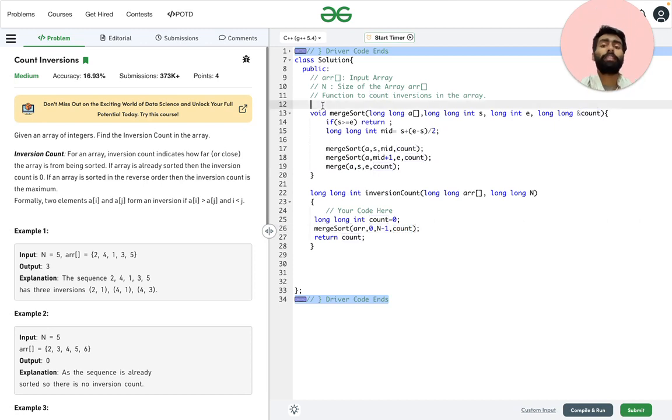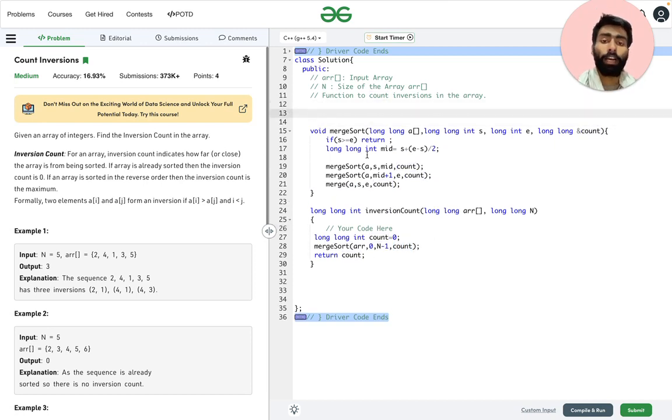So let's write the merge function. As this merge function also does not return anything, we will write void merge, and we will receive the array here, the starting index, ending index, and the count variable.